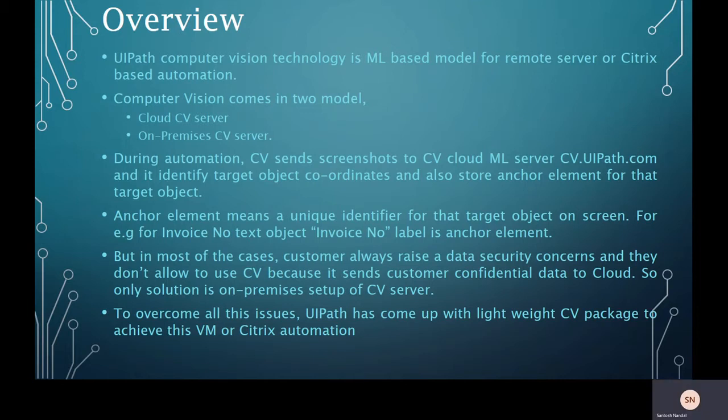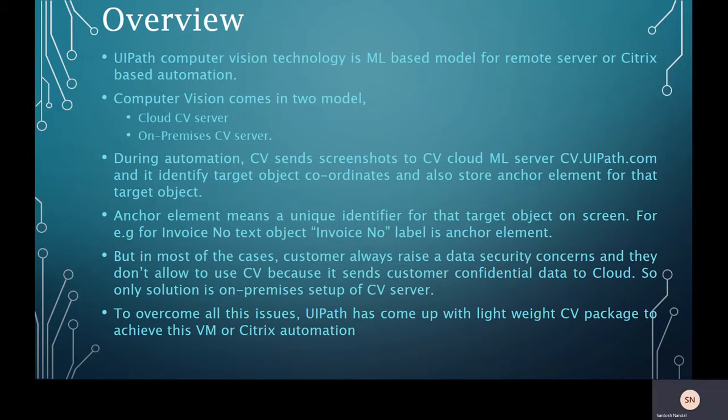You can use the UiPath Cloud Computer Vision Server, cv.uipath.com, or you can also set up the on-premises computer vision server. In most cases, the customer doesn't allow the use of the cloud-based CV server due to data security reasons.